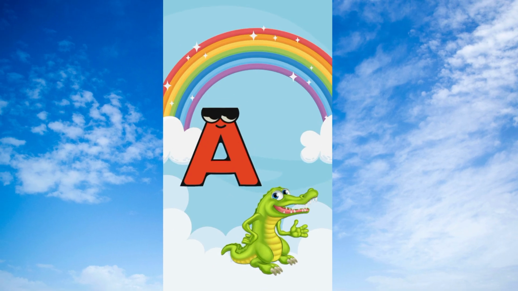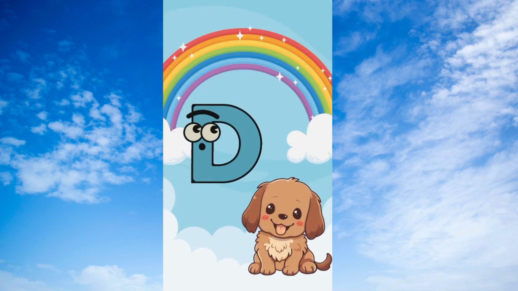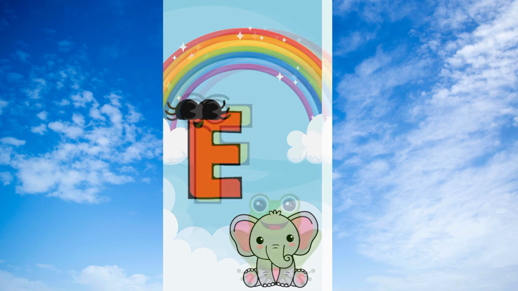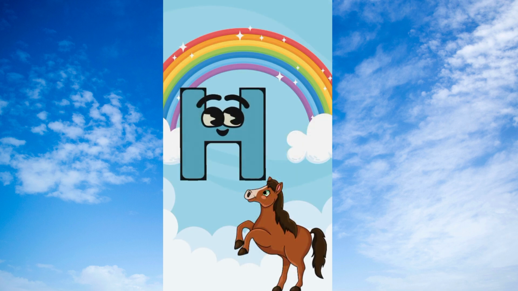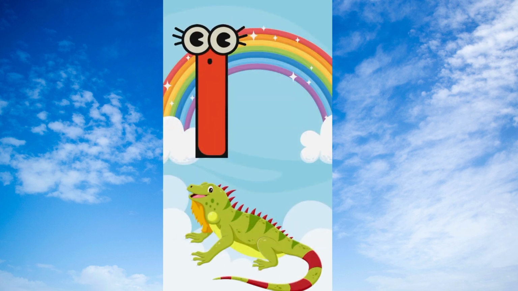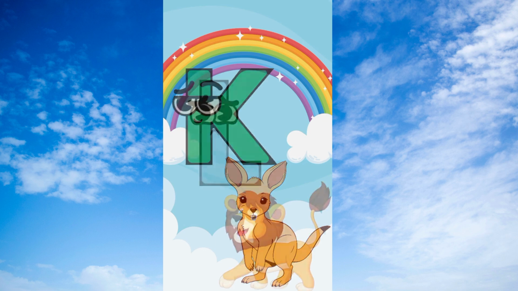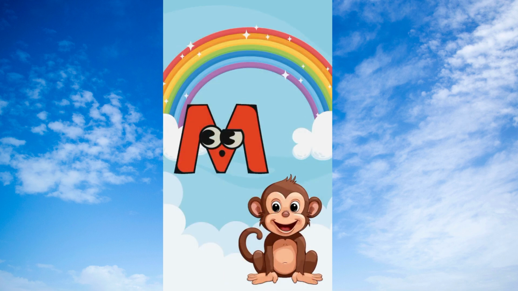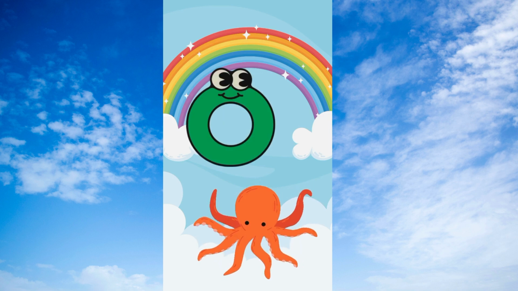A is for alligator, B is for bat, C is for crocodile, D is for dog, E is for elephant, F is for frog, G is for giraffe, H is for horse, I is for iguana, J is for jaguar, K is for kangaroo, L is for lion, M is for monkey, N is for nightingale, O is for octopus,